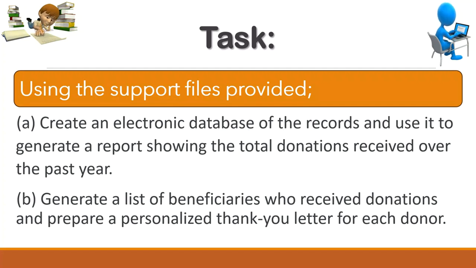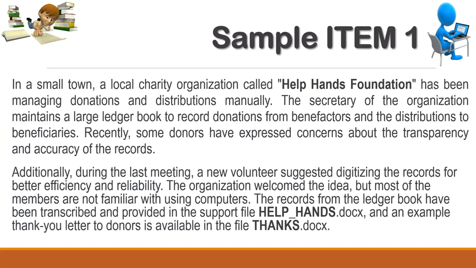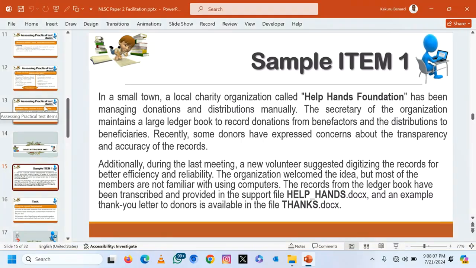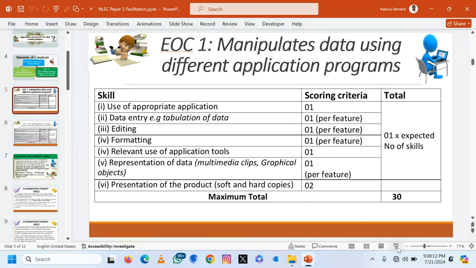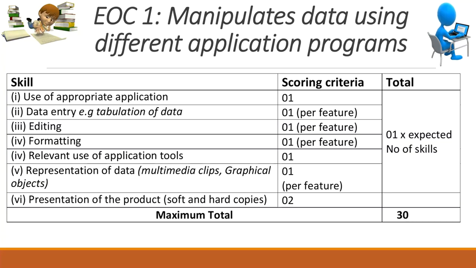for item 1. You need to identify which software, which applications you are going to use. So this item is supposed at least to utilize more than 2 applications, minimum 2 applications. And when we are assessing these applications, there are some factors that we consider. For example, you need to know that while attempting item 1, we are looking at a learner manipulating data using